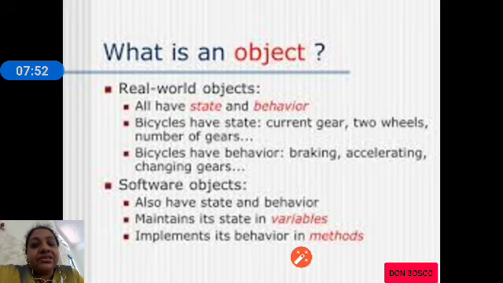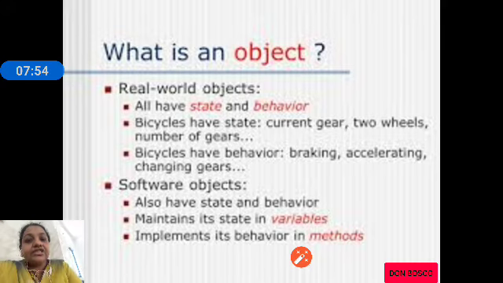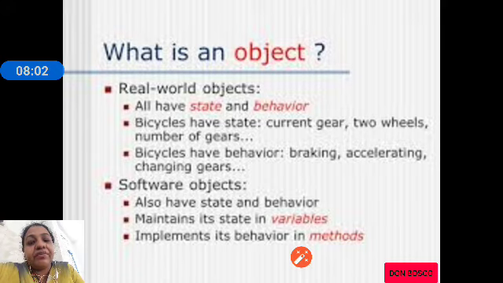So imagine we consider a student, which is a real world object, and we want to write a program for processing student information, and student is our object. A student has state or properties such as a name, a register number, a combination, a class, and so on.